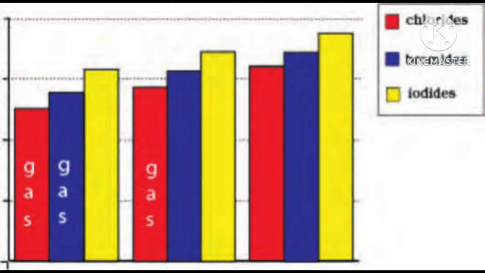2-Bromobutane. And second is CH3, CH2, CH3. First and last is CH3, and bromine is now attached to the second carbon. See, this is the second isomer. And the third I told you already: CH3, CH3, and from the middle one CH3 and one Br is attached. Then these are the 3 isomers.